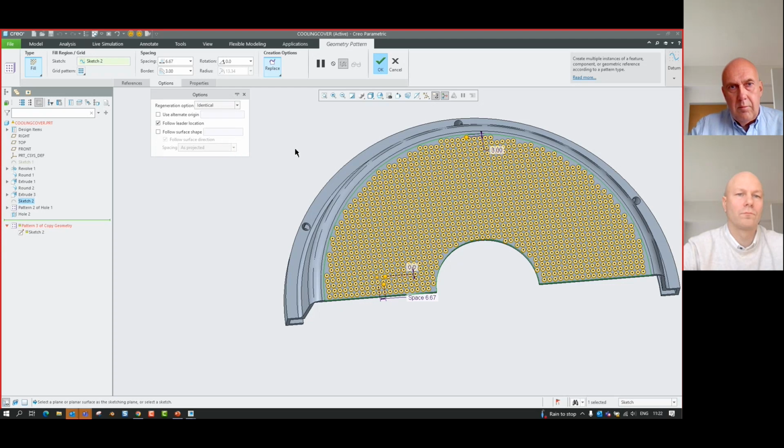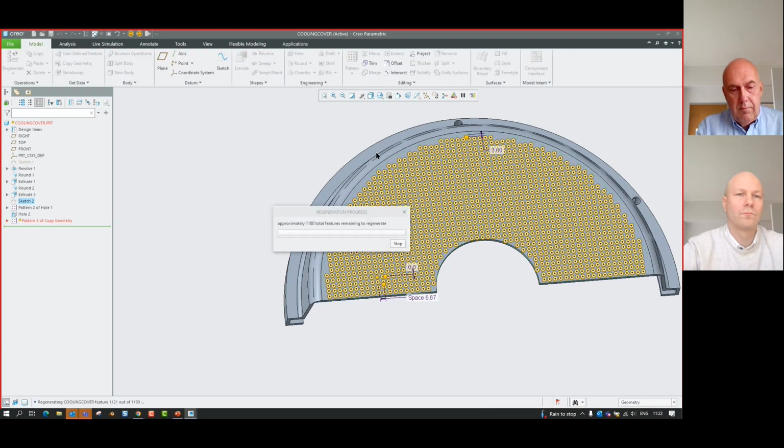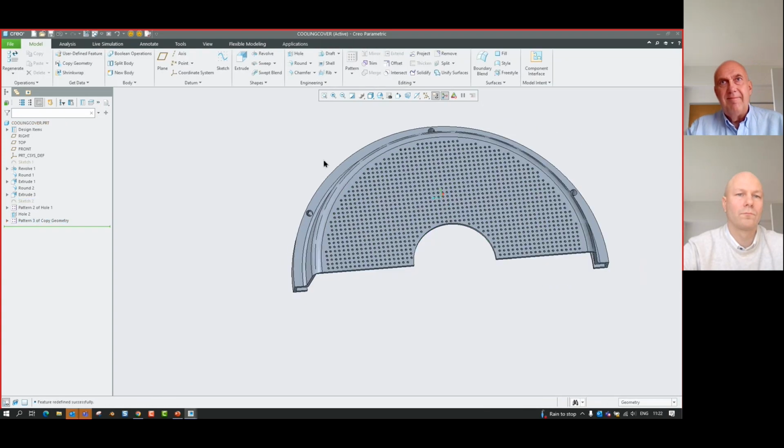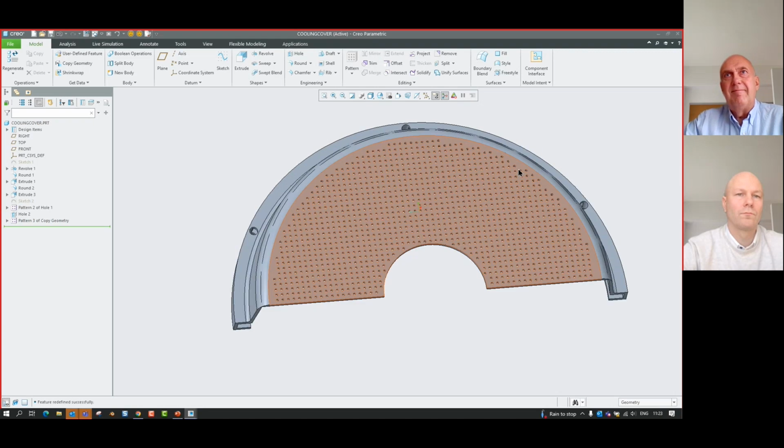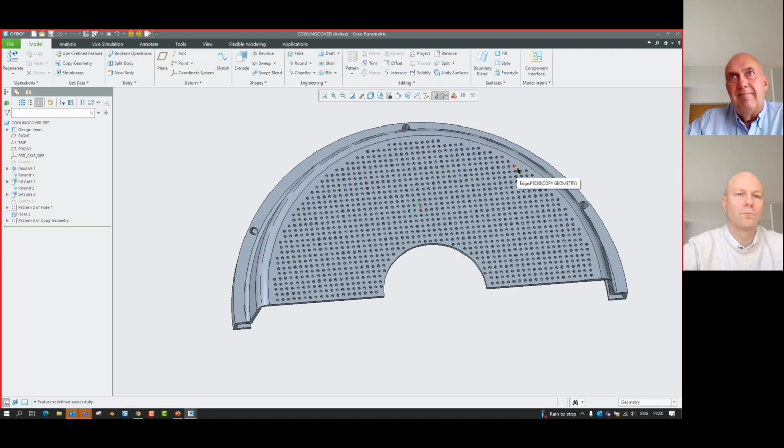So let's take a look at how much faster this identical regeneration option is in Creo 9. Don't blink because you might miss it. And you can see we've just removed a ton of geometry in literally a second. I think this feature is quite frankly incredible. When I first saw this, I was amazed, and I know when I demonstrated this to a lot of customers, they were immediately like, wow, that is extremely quick.